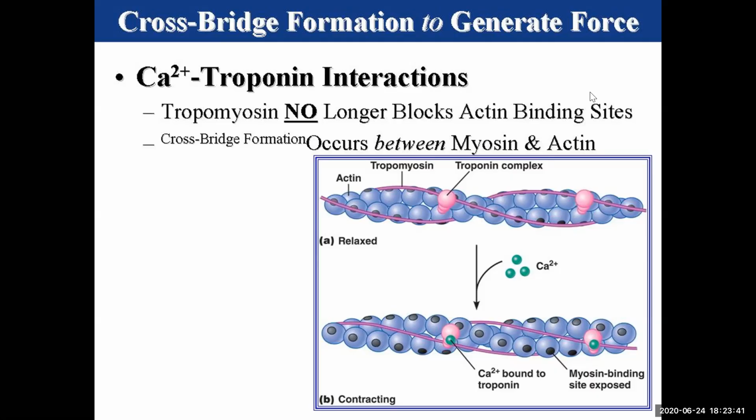Now, cross bridge formation. Cross bridge formation means the interaction between myosin from the thick filament with the actin on the thin filament. At rest, when calcium is not present, each actin protein on the thin filament,